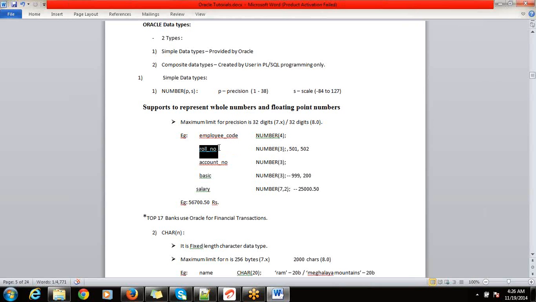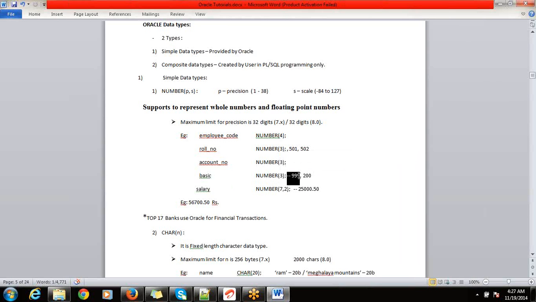Roll number is a number which can accommodate 3 digits, and examples may be 501 or 502. Likewise, account number can be numeric and it is of 3 digits. And basic, meaning in the salary component there will be elements like basic, HRA, DA. So the basic, which is numeric, can take 3 digits.